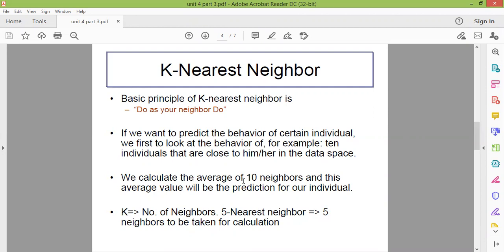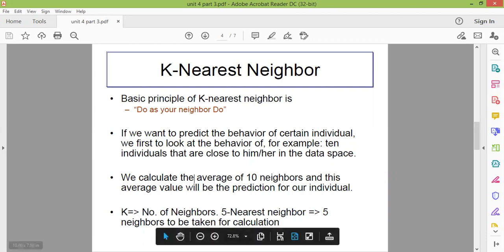and then we predict the behavior of the individual. Usually, the behavior of all the people living in one area is of a similar kind. So the same principle applies here. If you want to predict the behavior of a particular person, then you look around and find those persons who are related to him, and if you take the average of all these data sets, then you can predict that individual's behavior.